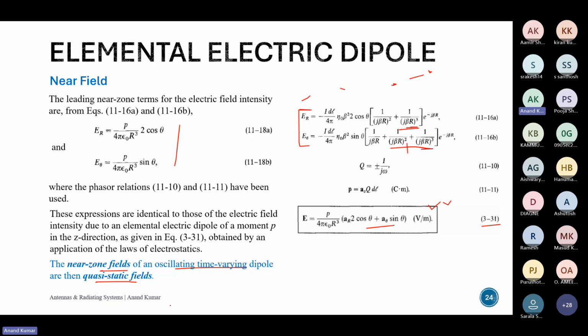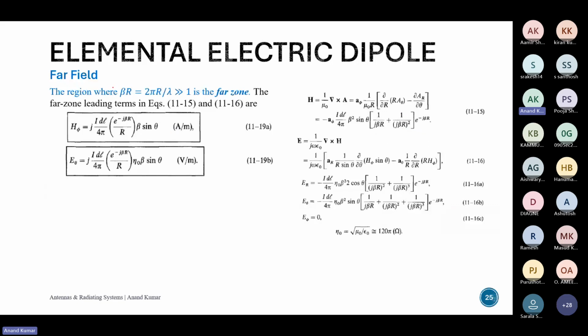And then about the far field. In the far field, just this, because the ratio becomes greater than one, and then what will happen is now these terms won't matter. So you can just ignore the higher order terms, and you'll end up with an expression for the electric and magnetic field. So this is how the electric and magnetic fields look.